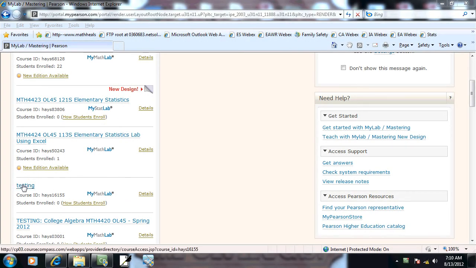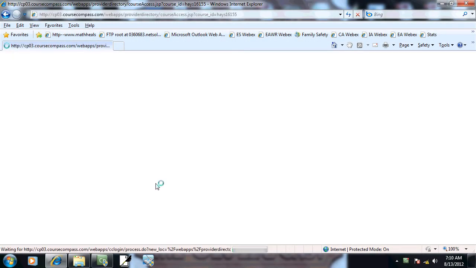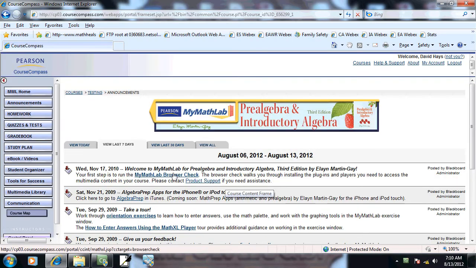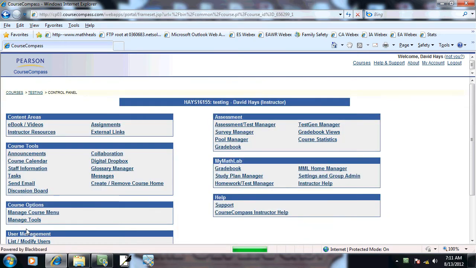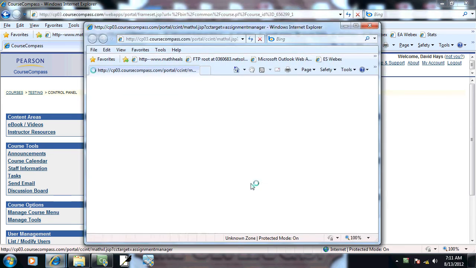Okay, let's take a look at creating homework. I created a testing shell here for me to work with. Once you get in here, you scroll down and there's a control panel. So you click control panel. And then over here you see gradebook, study plan, homework test manager. If I go to homework test manager,